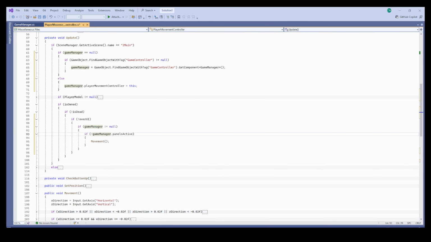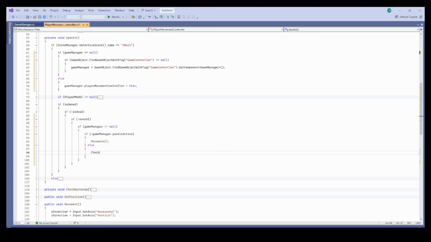In our example, we also want to check if the jump button is released either when over a UI element or when a panel is active. Let's add a couple else statements. First, add an else for when we check if not Game Manager panels active, then call the check button up function, and the other else is where we check